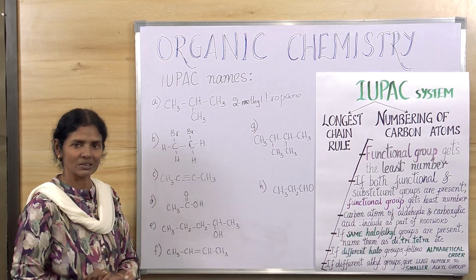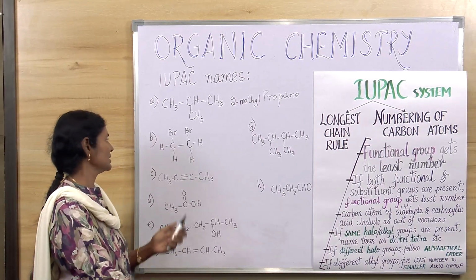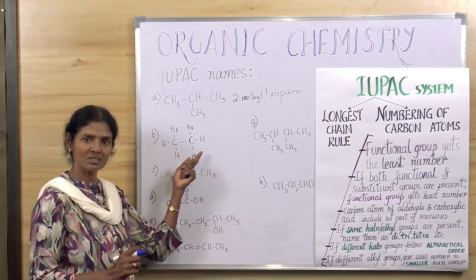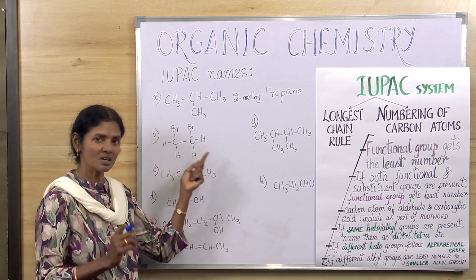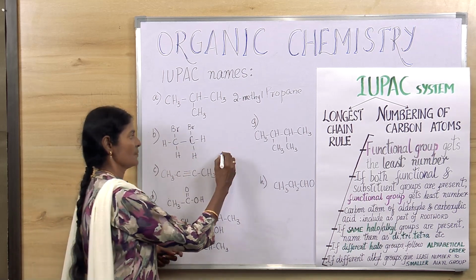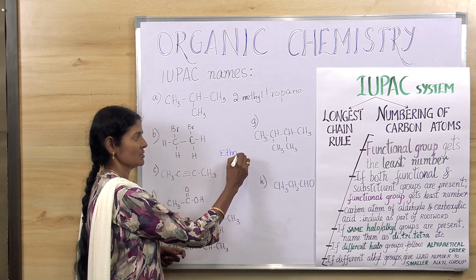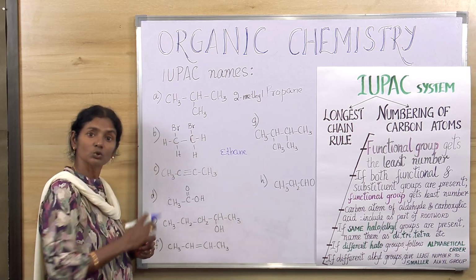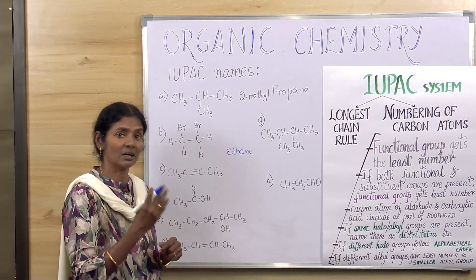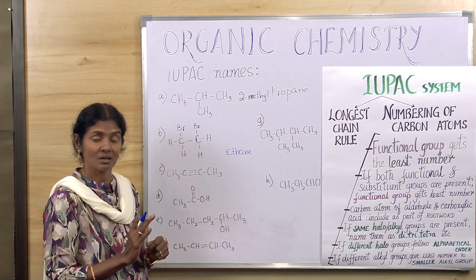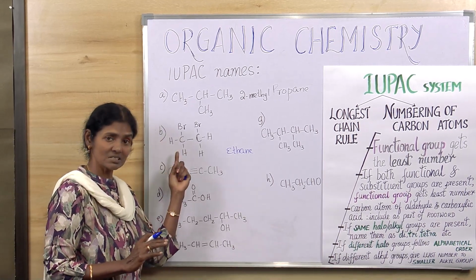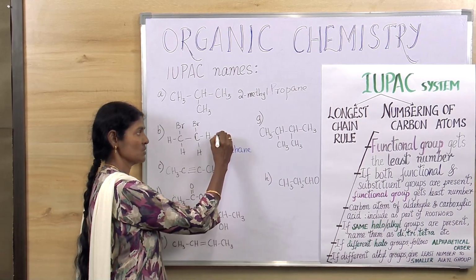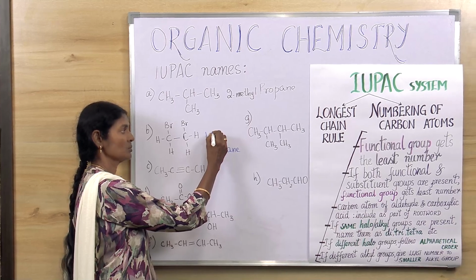Very good. Now let's go to the next one. See, there are 2 carbon atoms. So, how would you name it? The root word would be eth and single bond. Therefore, it is ethane. You got that right? Very good. Now, there are 2 bromo groups also. They are prefix, not suffix. And they are present in the first carbon atom and in the second carbon atom. So, we have to give them the position. So, 1, 2